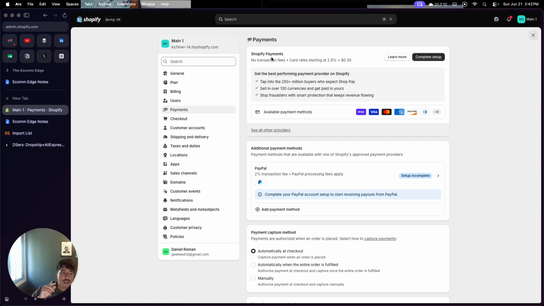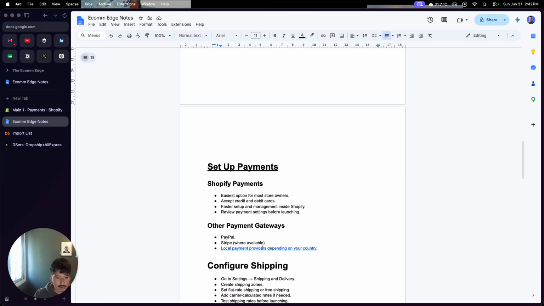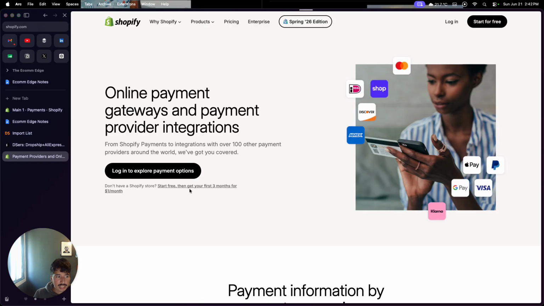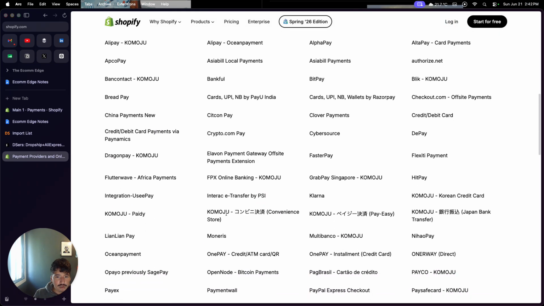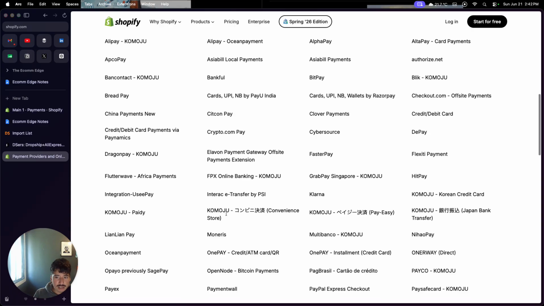So if Shopify payments is available in your country, right, you'll be able to go ahead and complete the setup really quickly, easy, right? If it's not available in your country, because Shopify payments is not available in all countries, right, you could go ahead and use this quick resource from Shopify where you can enter your country. So like, I'm just gonna put Canada, and it will show you all the payment gateways that are supported